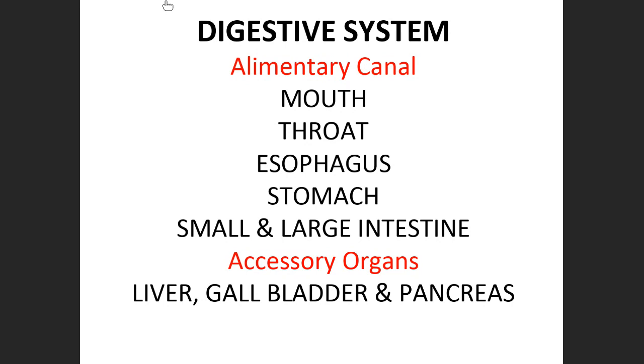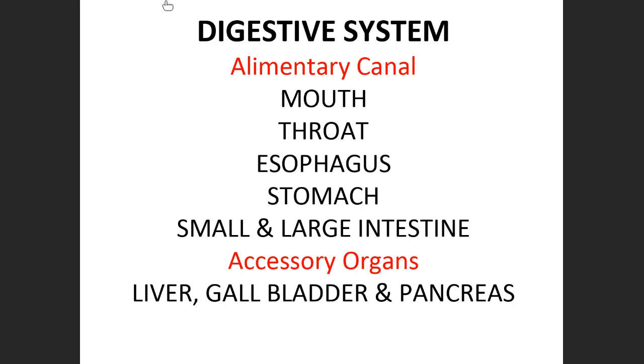The accessory organs are organs in your digestive system that help out. The liver, for example, makes that bile that is poured into your small intestine to help dissolve the fats. The gallbladder stores the bile behind the liver, so it's not put into your small intestine all the time. It's just squeezed into there by the gallbladder when there's something to work on, when the stomach empties. So the bile isn't poured into your small intestine all the time. That would be wasteful.